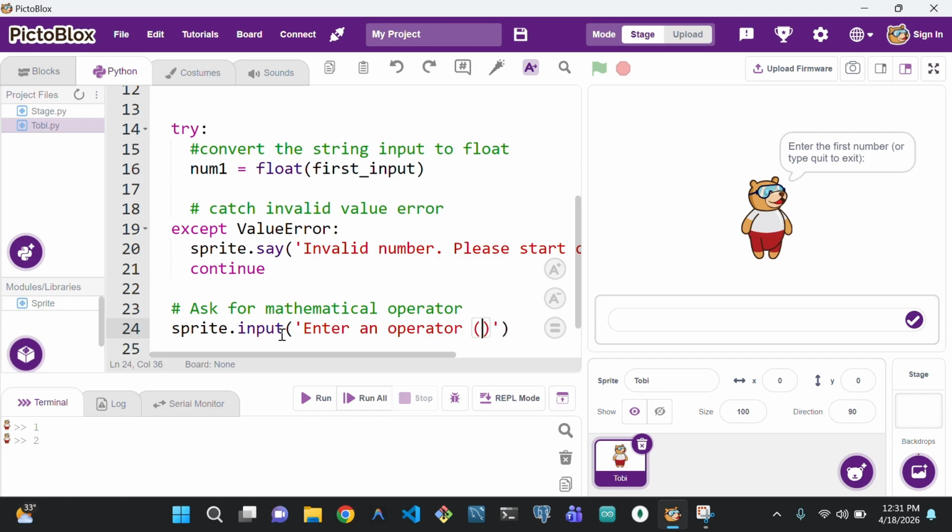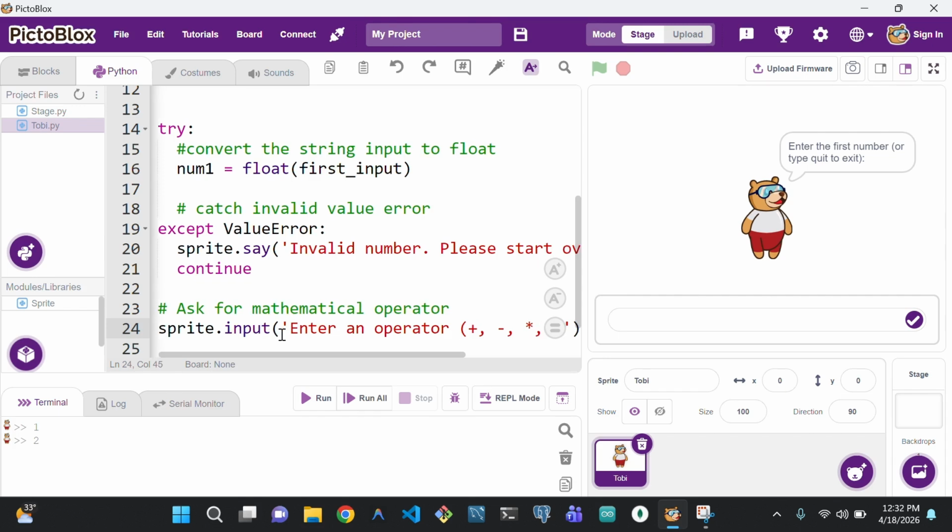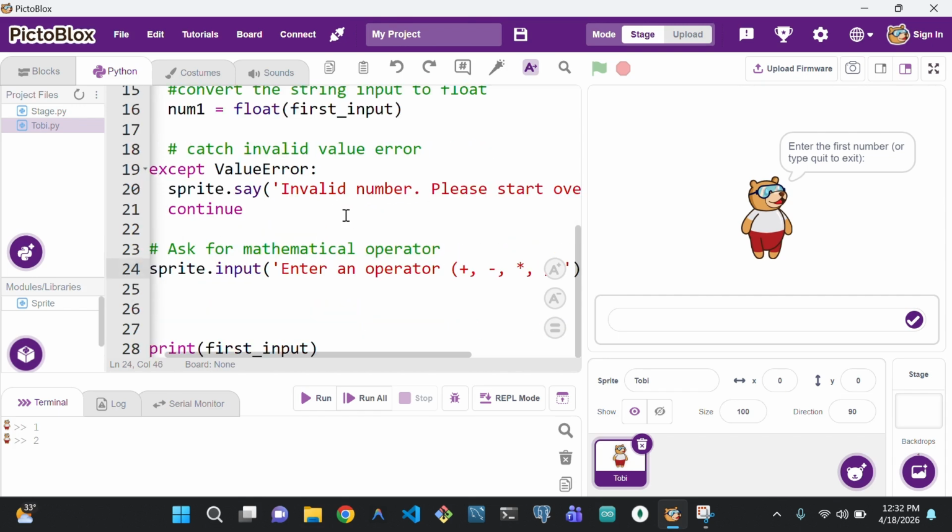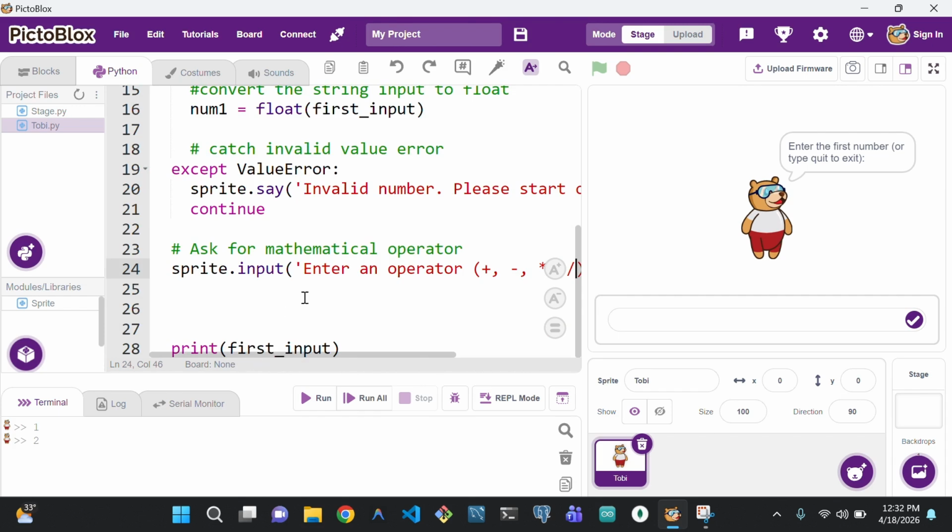So in parentheses, let's put all the operators that the user can enter. So let's say plus, and let's do minus, and let's do multiplication, which is just asterisk, and we're going to do /, which is for divide, right? And then let's store it in a variable called operator, and let's say